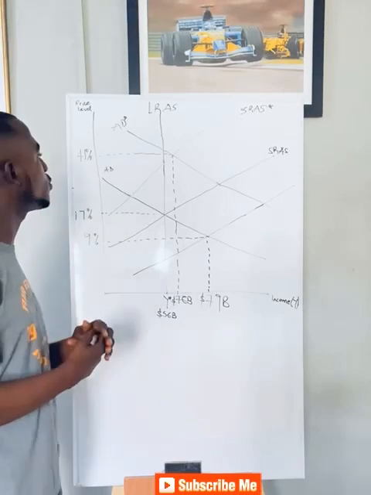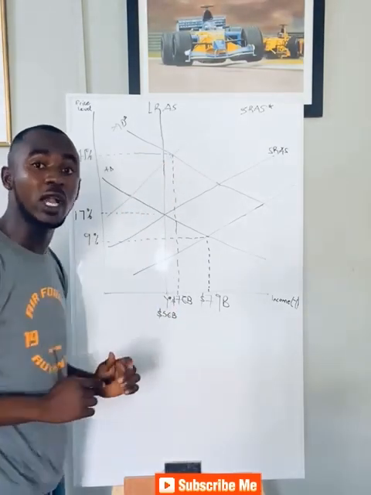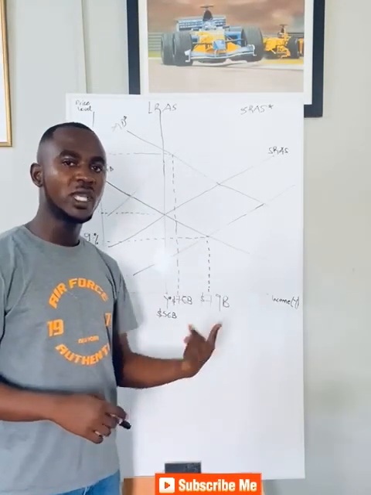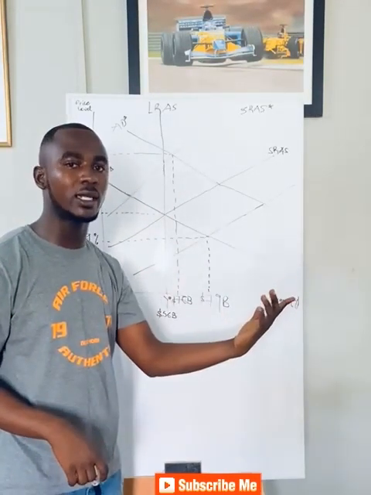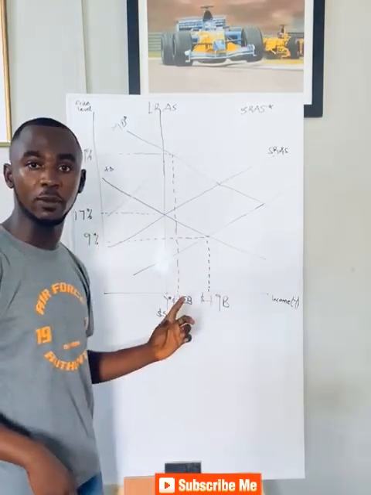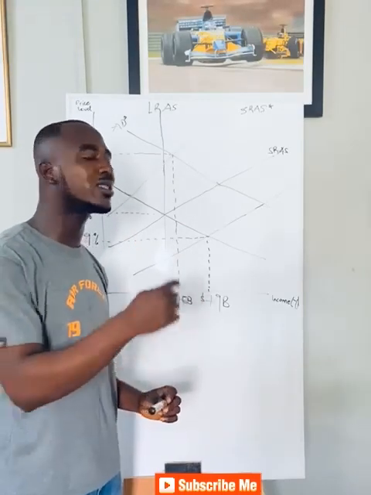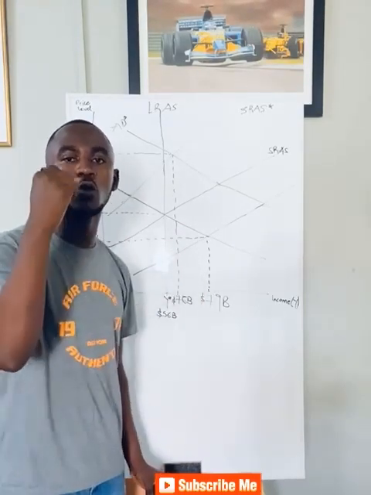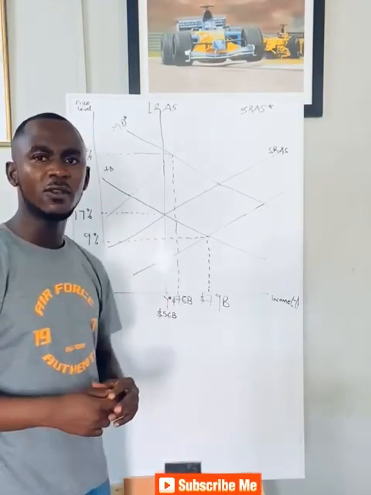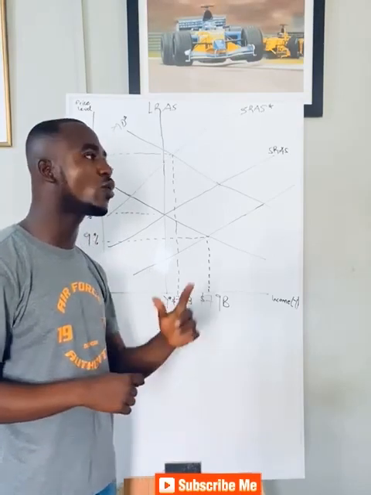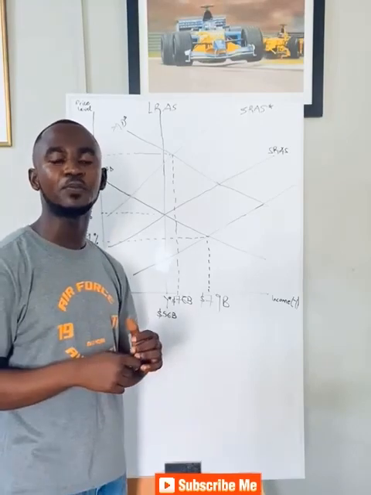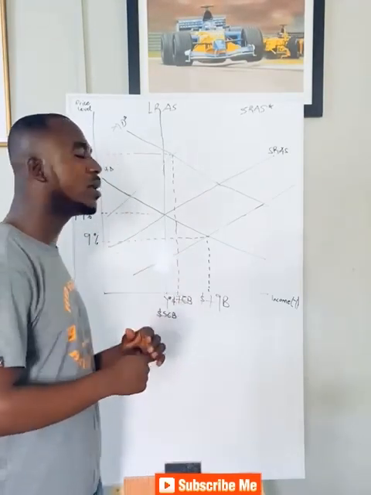Now, what are we going to do? This is an inflationary gap. In economics, that's what we call it. Now, you do two things. Either you leave it for the invisible hand, the interaction of the forces of demand and supply, to bring it back to equilibrium, or you tackle it using policies, that is contractionary fiscal policy and contractionary monetary policy. But I think here the fiscal policy would rather work, where you cut government spending, increase taxes, and increase the interest rate to implement that.